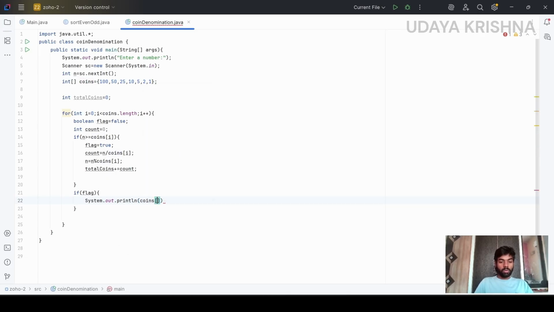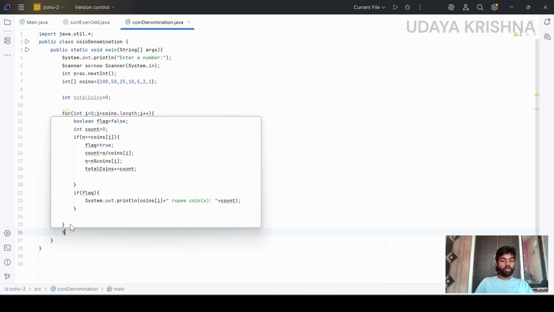So, coins of i plus. If the current coin is being used, only then it will be taken into consideration when the flag becomes true. Otherwise, it will not be printed. It will just move on. That's the logic. So when it's done, we should print the total count, right? To print that,